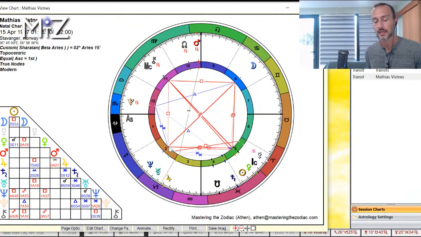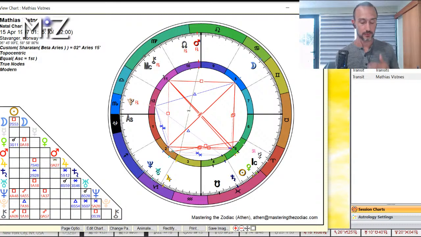Now, these are the houses of values. The 2nd house: material values, personal values. The 8th house: others' values, so others' resources, and also the deeper values. So this is the axis of values, 2nd house material, 8th house deeper, things like healing, life and death, deeper